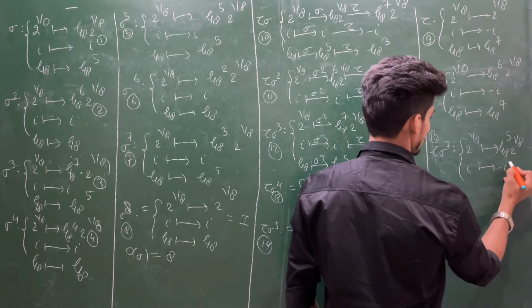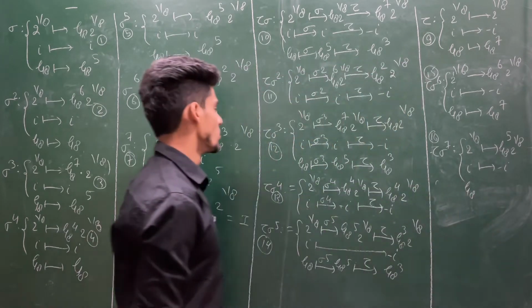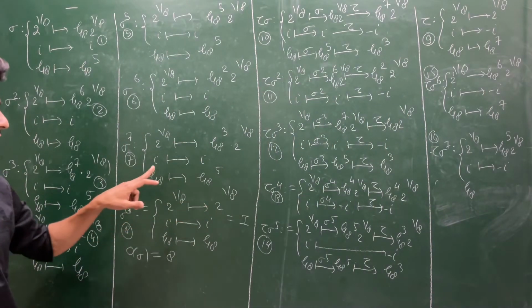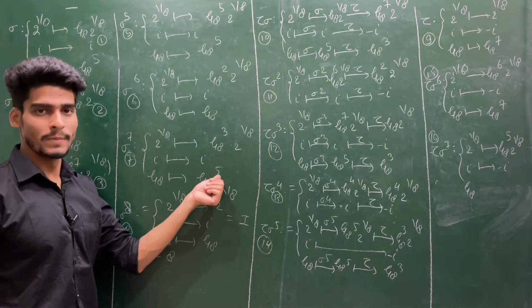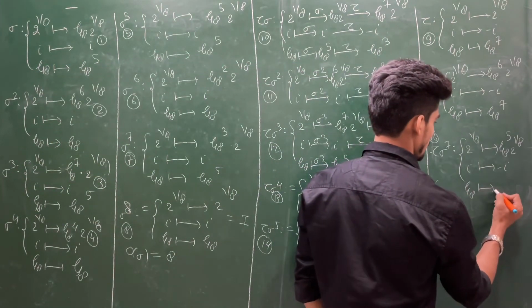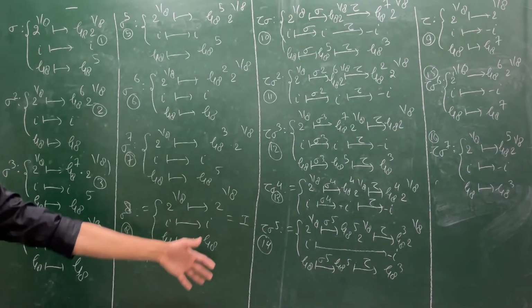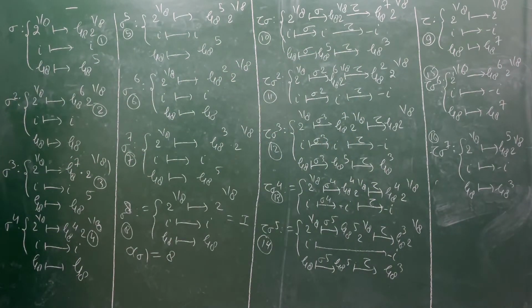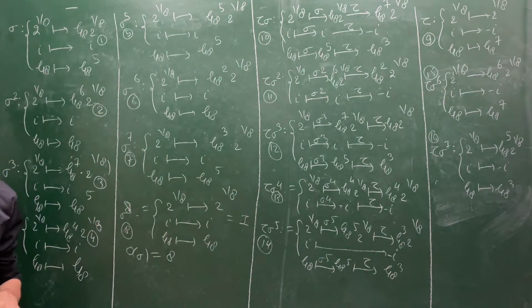Iota will go to minus iota, and zeta_8 goes to zeta_8^5 under sigma^7. If it is sending zeta_8^5, if you operate tau again, you will have zeta_8^35, which is the same as zeta_8^3. So this is our 16th element. So this is the complete Galois group of the splitting field for the x^3 minus 2 polynomial. Sorry, not x^3, it is the x^8 minus 2 polynomial.